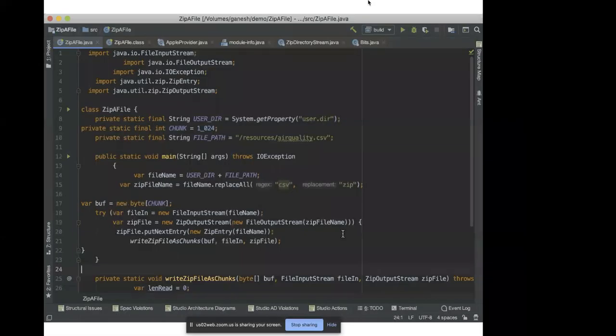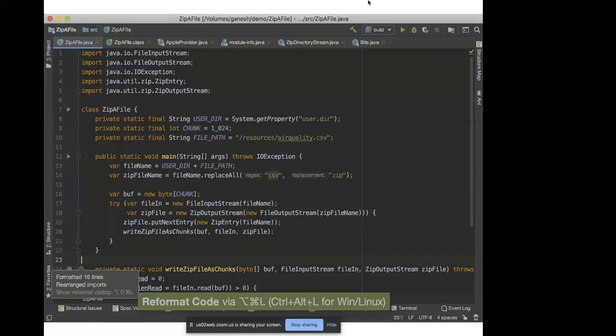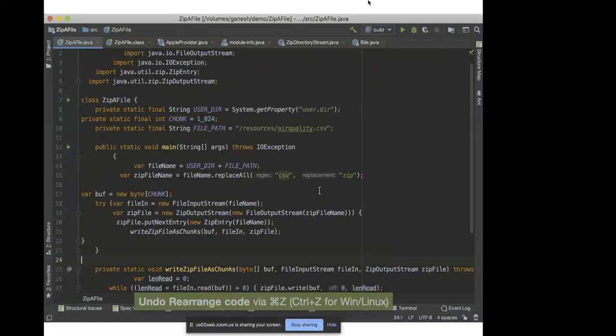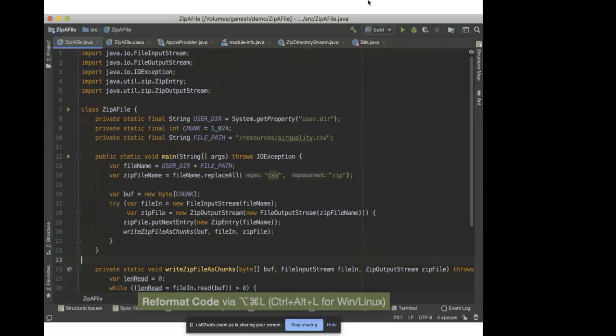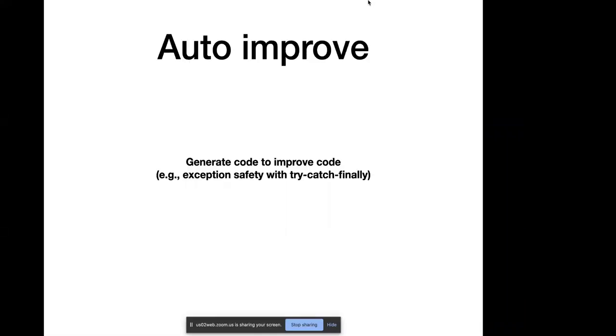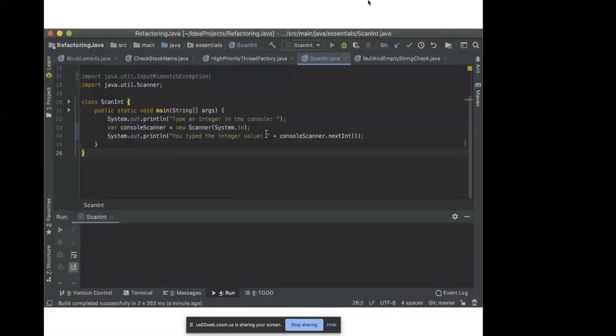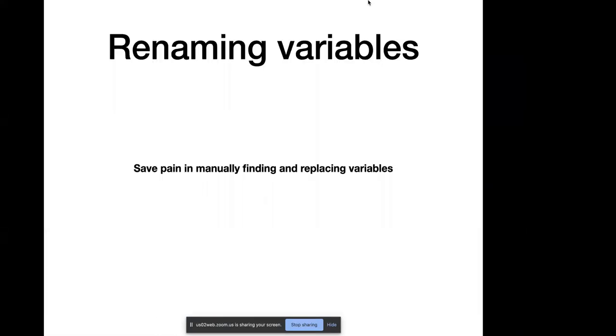Like this is a case of messy code where you can see that it's automatically reformatted properly. So you can actually generate code to improve the existing code. For example, to add exception safety by adding try catch blocks, or you can add to the exception signature, sorry, method signature. This example you already saw, and we can actually rename variables.